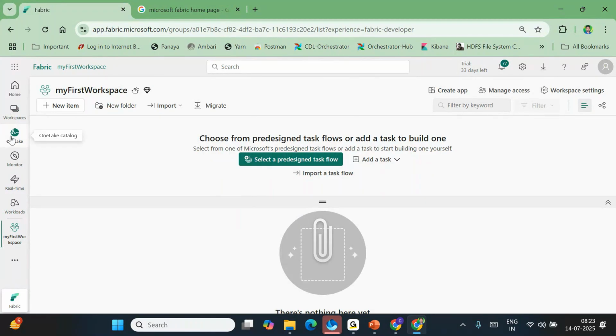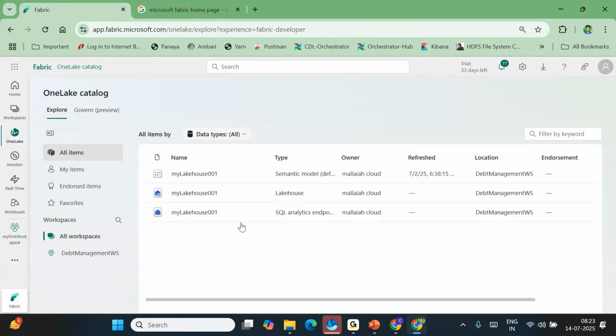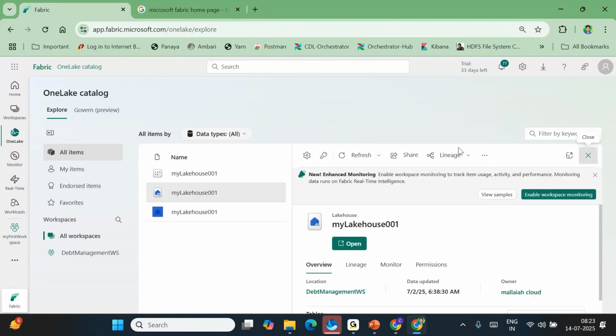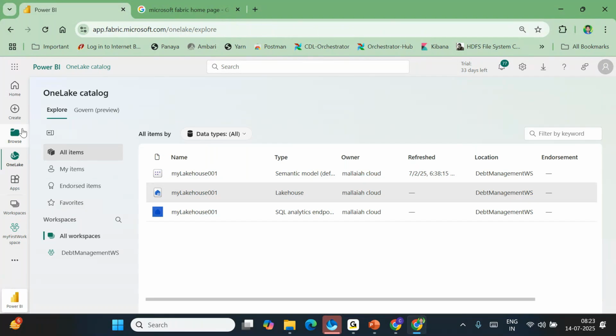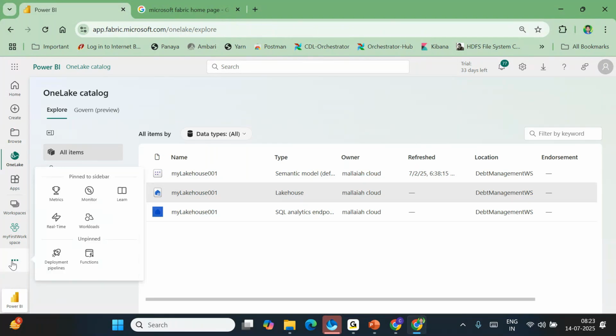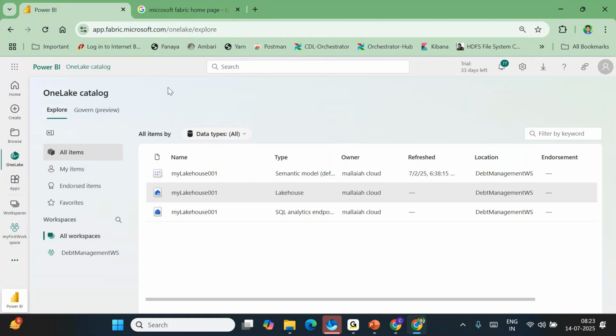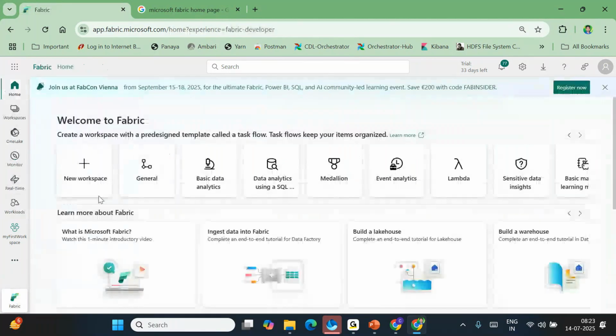Next, if you go to oneLake, you can see what all things we have in the oneLake. These are the lakehouses we have in the oneLake as of now. The Monitor tab you can use for monitoring the services. If you run any pipelines or jobs, you can monitor them. But we don't have to worry about the monitoring.